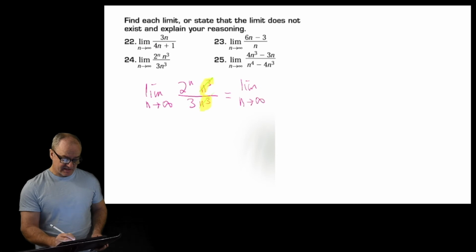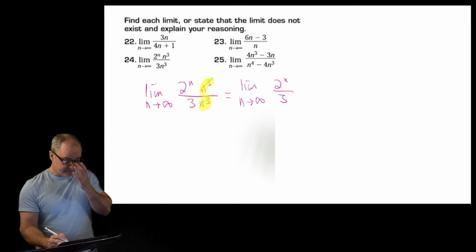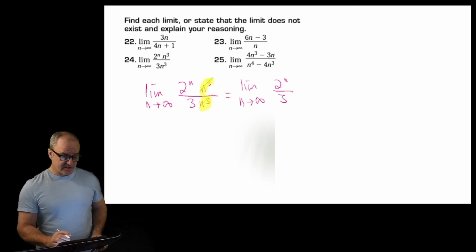I have not yet let the dog off the leash. So I get 2 to the n over 3. Now, letting the dog off the leash is the most important part of a limit. You can't let the dog off the leash too soon. If you let the dog off the leash on this first step, then what you get is infinity over infinity. But after you cross out the n cubes,